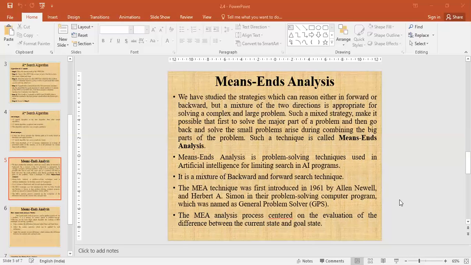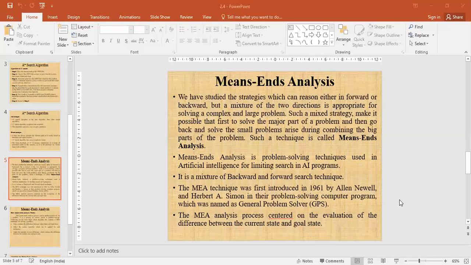Means-ends analysis is a problem solving technique used in artificial intelligence for limiting search in AI programs. It is a mixture of backward and forward search technique.